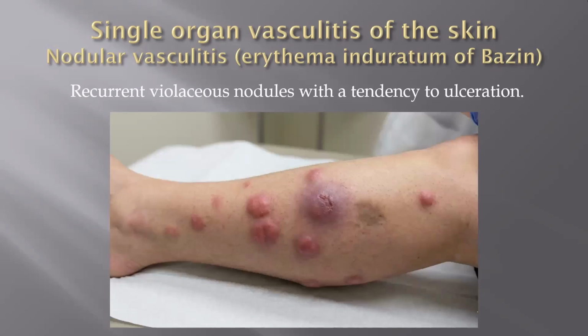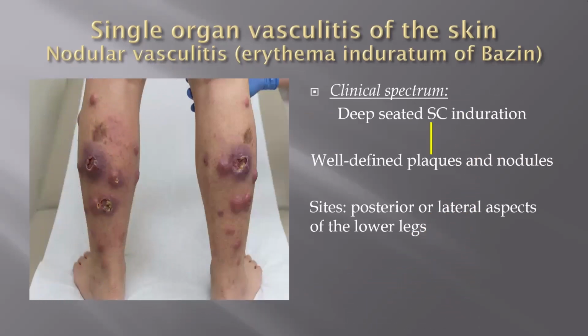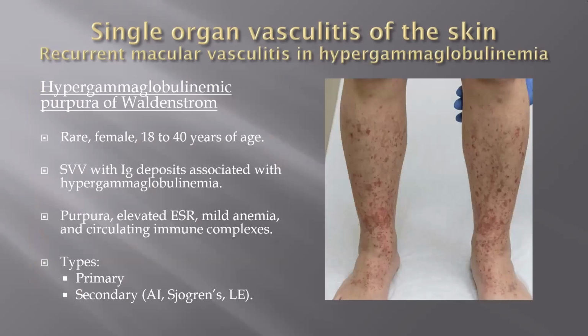Clinically, the lesions present with recurrent violaceous nodules with a tendency to ulceration. However, the spectrum may range from subcutaneous induration to well-defined plaques affecting the posterior or lateral aspects of the lower legs. We have already discussed normocomplementemic urticarial vasculitis in part 3 of this series, so we will go directly to